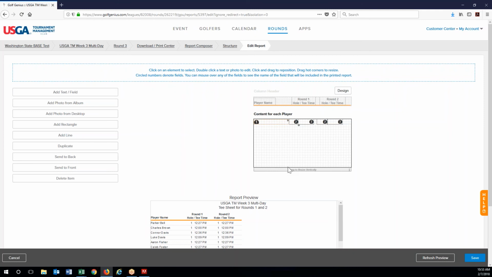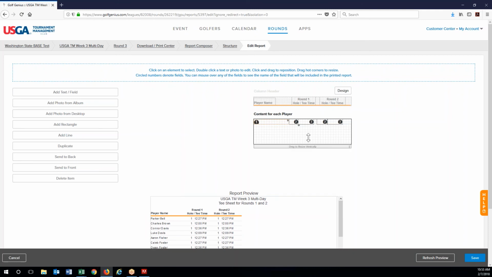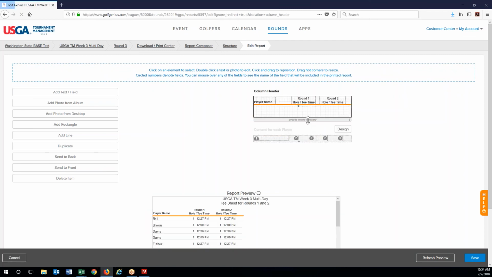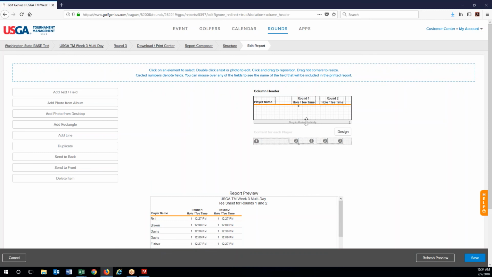As you saw in the page composer, this section here was kind of set, and that's because that was how much room it had to play with, to print on. And so it's going to keep that. Certain reports will have that set, such as the column header. If we were to design this again, we can also increase the size of the header if we wanted to add more. But certain reports, like the cart sign, do have a set size just to make sure they can print the right number of them on a page for you. But